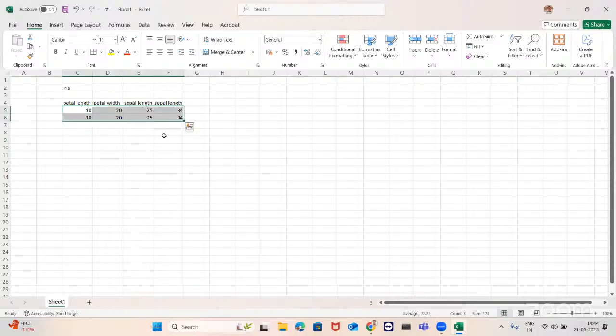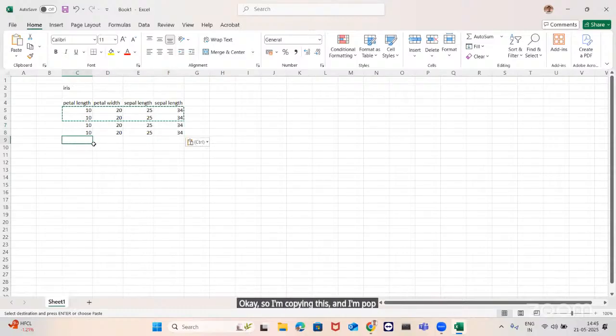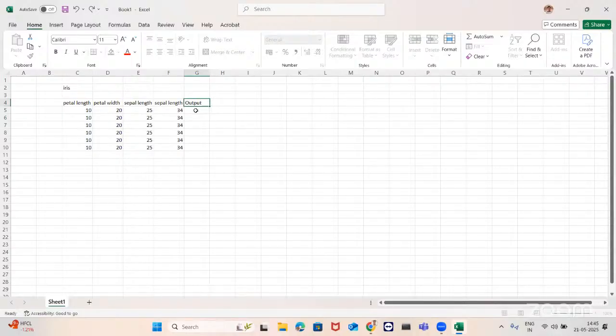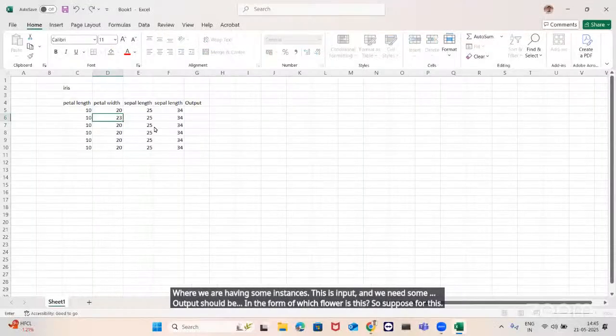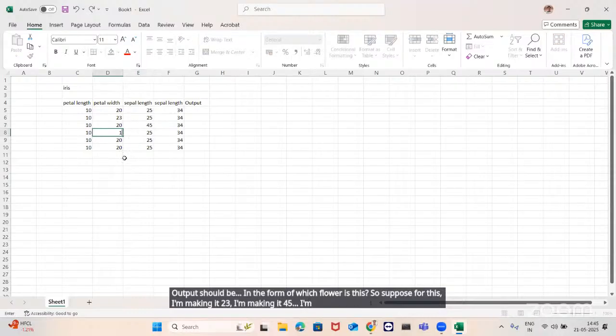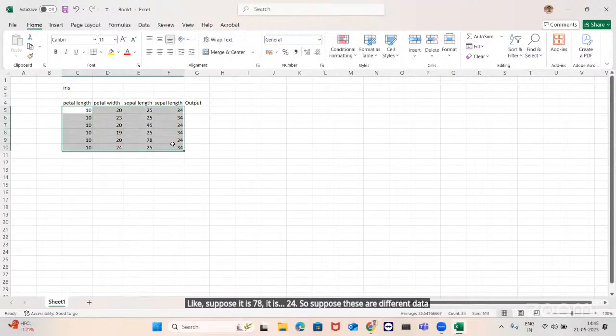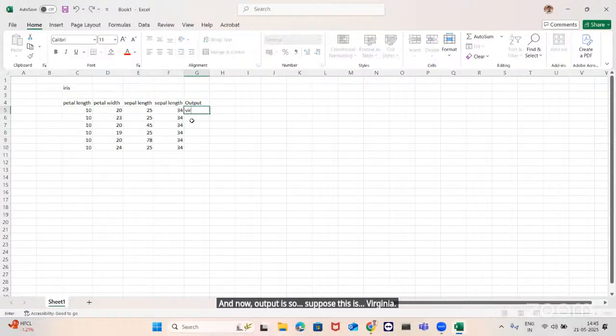Okay. So I'm copying this and I'm populating. So suppose this is the data set where we are having some instances. This is input and we need some output. Output should be in the form of flowers. I'm making it 23, I'm making it 45, I'm making it 19, like suppose it is 78, it is 24. So suppose these are different data sets, and now output is, so suppose this is Virginica, this is